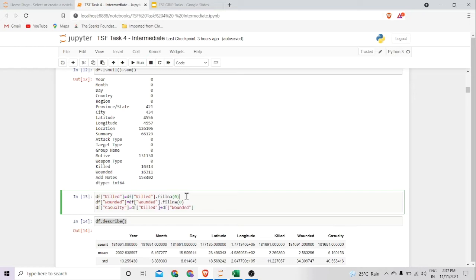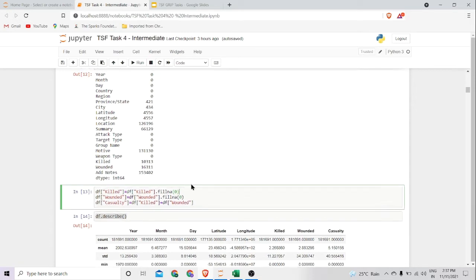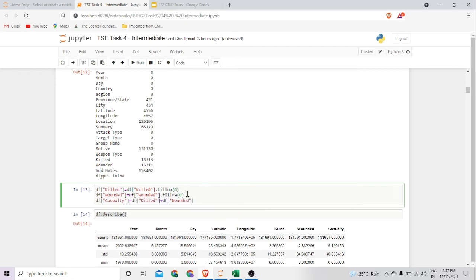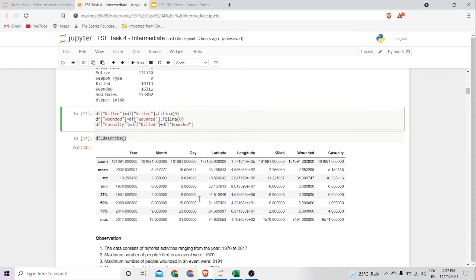Here, what we are doing is in the killed column where there are null values, we are replacing these null values with 0, and likewise in the wounded column too. And here we are creating a new column called casualty.